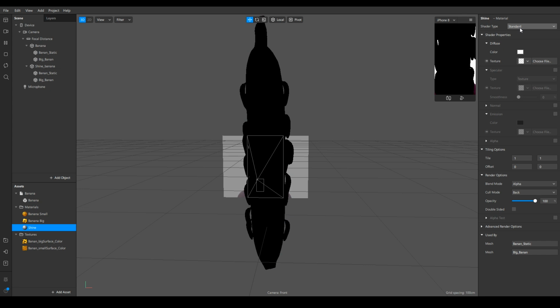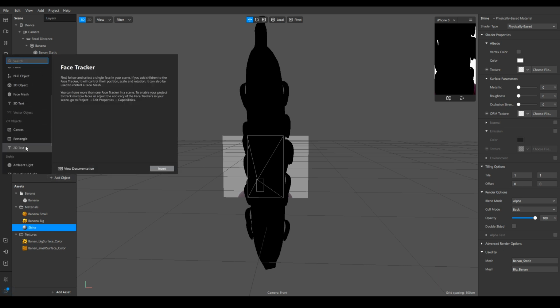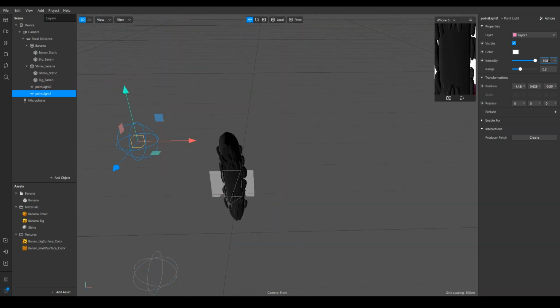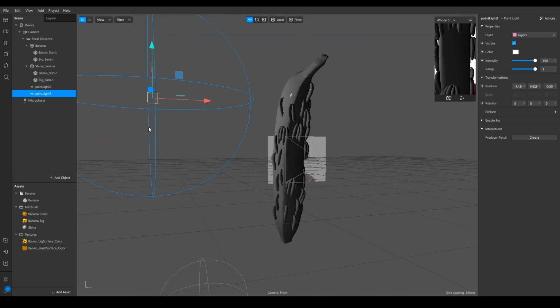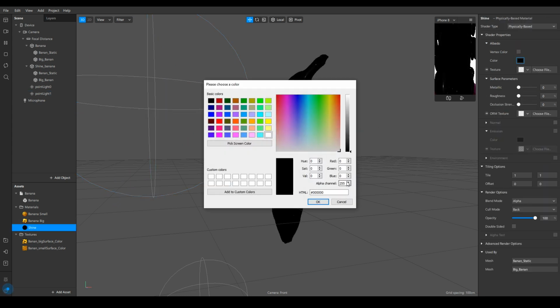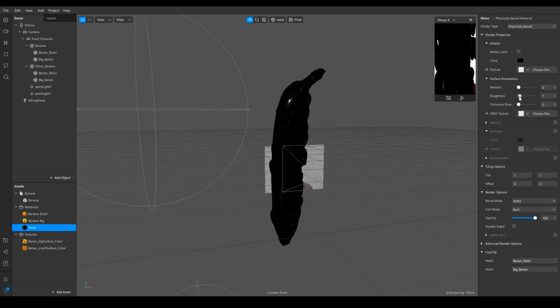And what we can do is go ahead and choose physically based. And before we do anything, let me go ahead and add in light. So I'll just scroll down and add a point light. And what we can do is try and match the lighting setup that we had in Cinema 4D. So that should be pretty fine. Now let's go back into the shine material and choose the color to be black, so that we can only see the reflection now. Can change the roughness.